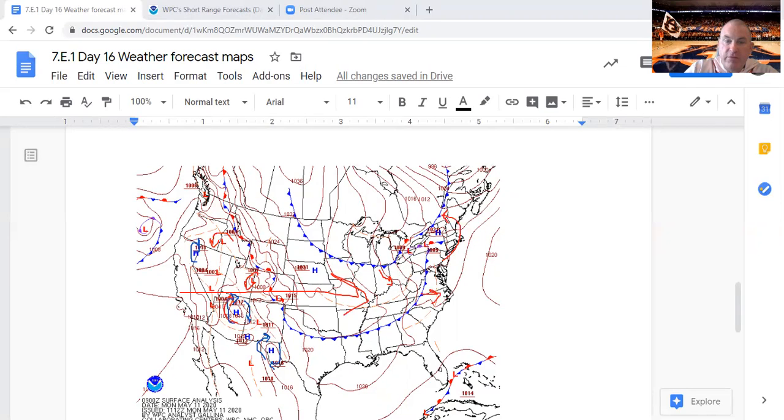Then you have this occluded front here, which is, remember, where a cold front catches up with a warm front. And it becomes stationary right there. But see, here's the thing. We've got a low pressure system where the air should be coming this way around, right? Then we got a high pressure system, where the air should be going this way around. You have stuff like that. It's like, holy cow, how in the world do we figure this out? And the answer is